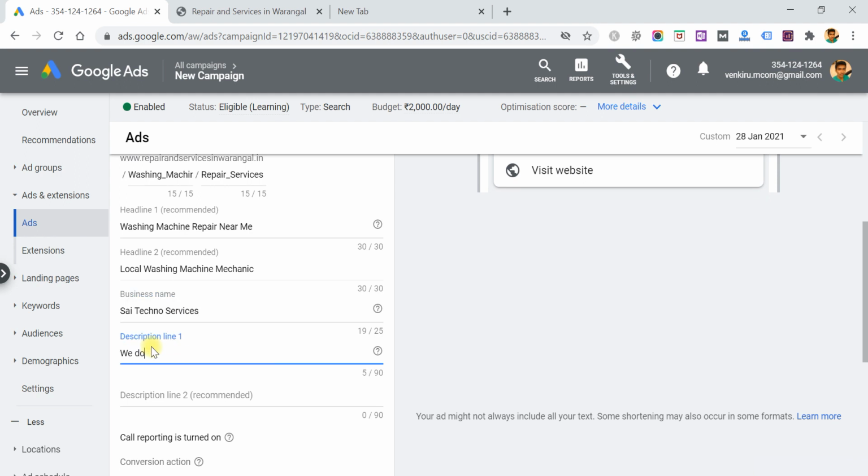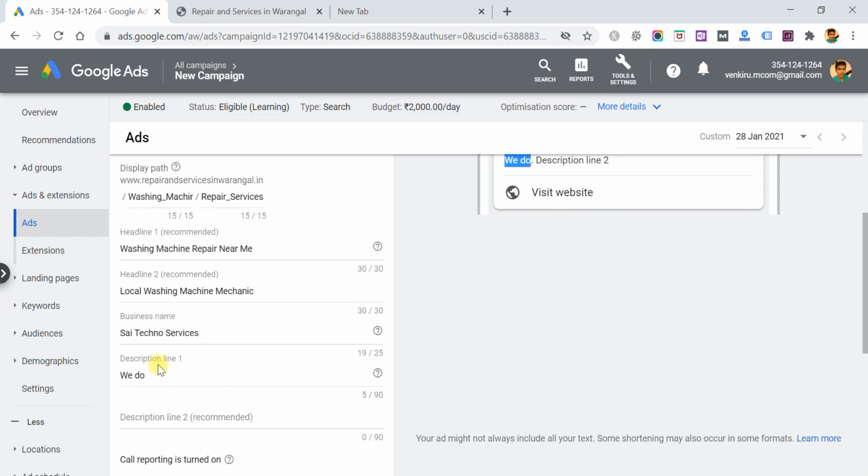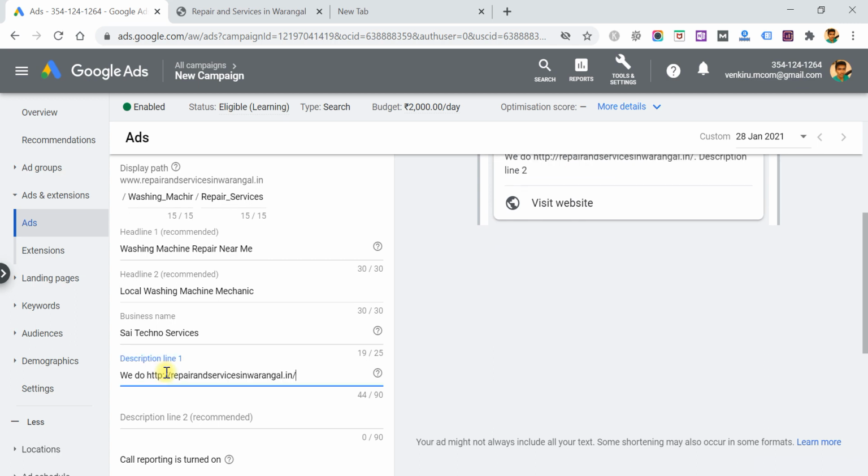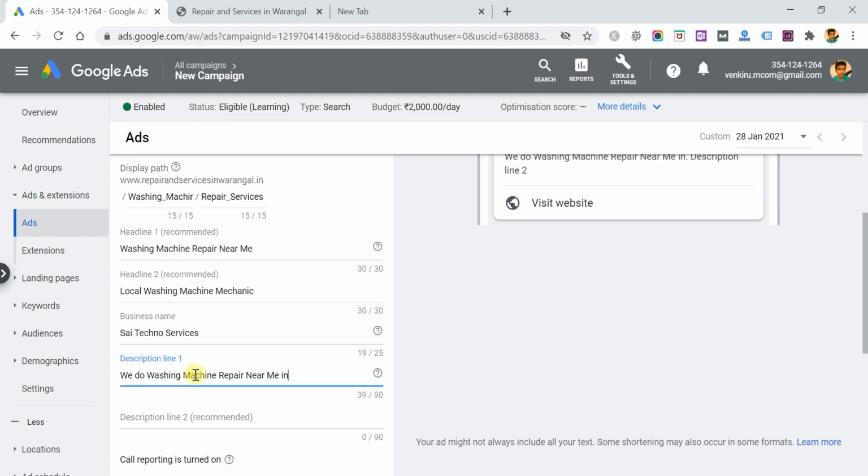Here write some description. You are able to see here, washing machine repairs, this one headline. Now we are going to write description one, right? You can see that one here as well. We do washing machine repairs near me in Bangalore or in Mysore, like that you can write, by expert technicians at your doorstep.